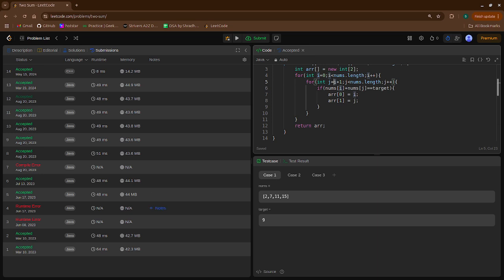Okay, and now let's talk about the optimized solution using a hash map. This brings the time complexity down to O(n), much better for performance. Here is the idea. As we loop through the array,